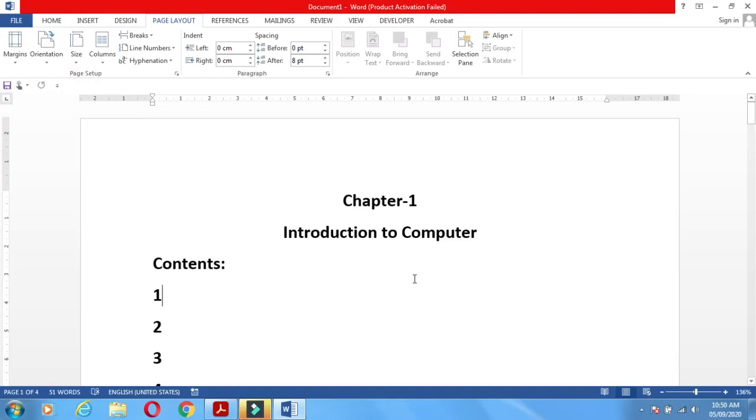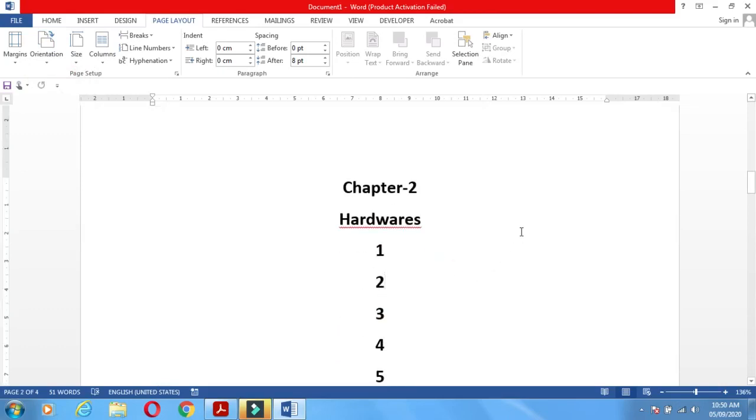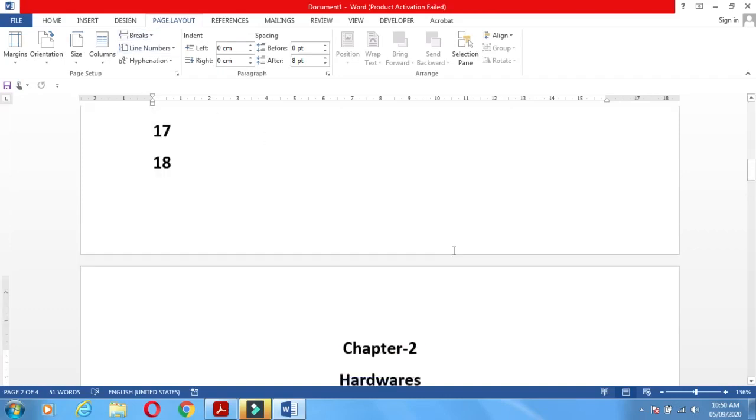This is the portrait form, and what we do, if we want to change the second page, as if we change the orientation of second page in the landscape, what happens, all pages will be in the landscape, and if we choose the portrait, all pages will be portrait. So to avoid this problem, what we do, we just go in the page layout